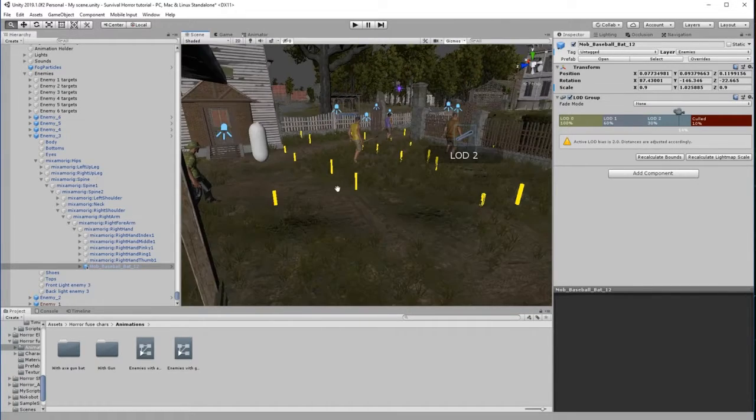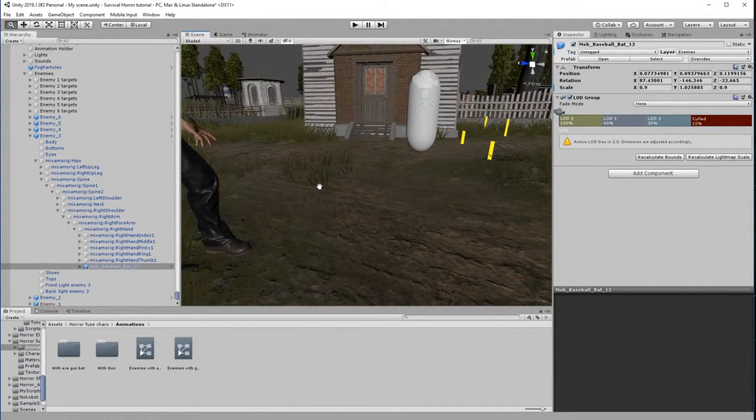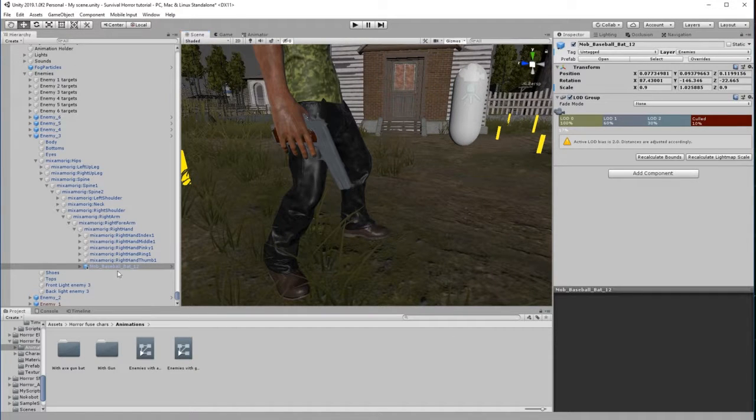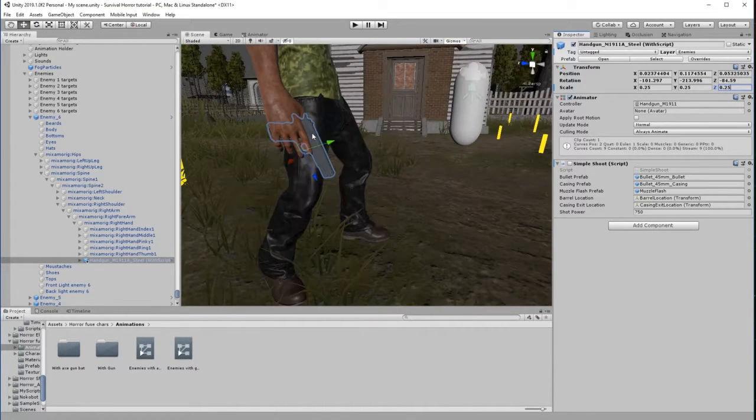And finally, for the character who's carrying the gun, his gun is a bit too big. So this is enemy number 6. Let's find enemy number 6 and the gun. Okay, so on the X, 0.333, let's try 0.25, 0.25 on this one as well, and 0.25 on this one as well. Okay, so it's a little bit smaller now, the gun,